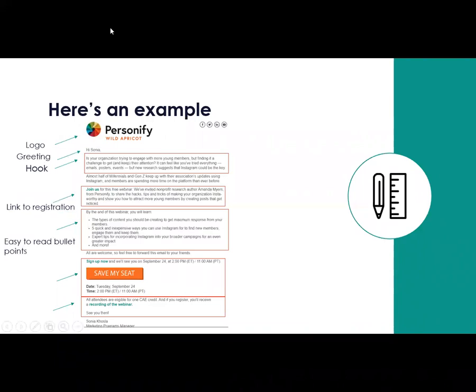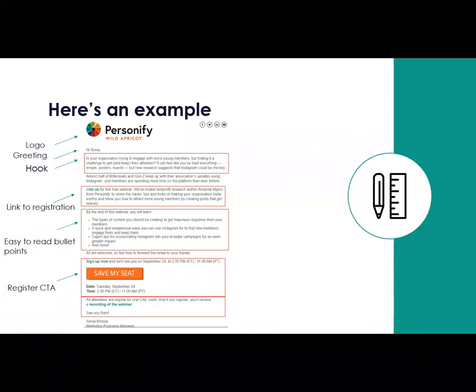And then following that are easy to read bullet points. So let's say you're not reading through all the text, you missed the bold link call to action, the bullet points are pretty great because they're easy to read and it's going to tell you very quickly the value you're going to get from attending. So immediately you're going to figure out if it's worth your time or not. And within that, it's great to lead you down the email to things like the register CTA.